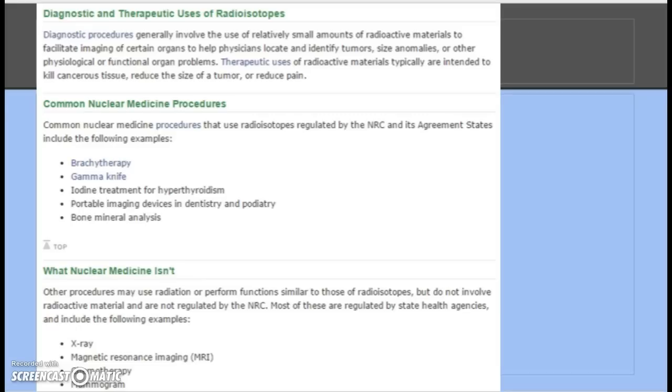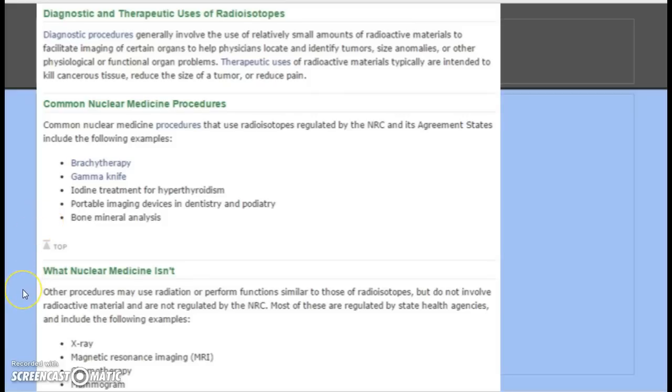So we can use radiation for diagnostic procedures, in other words, to figure out what is wrong, to kill cancerous tissue, reduce the size of a tumor, and even to reduce certain types of pain. These are common nuclear medicine procedures that use radioisotopes, so isotopes that are radioactive, regulated by the NRC. So yeah, a person's whole job is to regulate this stuff. Certain examples are brachytherapy, gamma knife, iodine treatment for hyperthyroidism, portable imaging devices in dentistry and podiatry, bone mineral